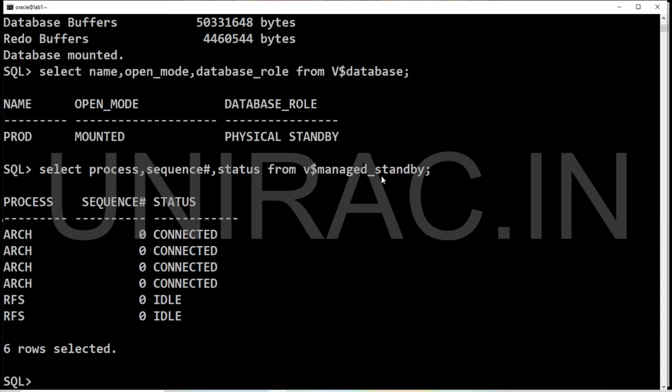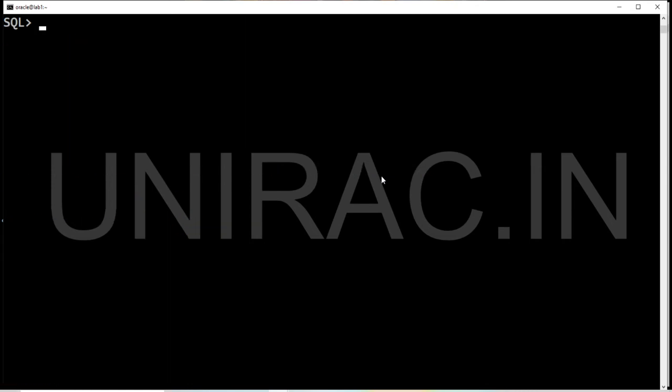To start your MRP process, we need to keep it in recovery mode. So use ALTER DATABASE RECOVER MANAGED STANDBY DATABASE DISCONNECT FROM SESSION.